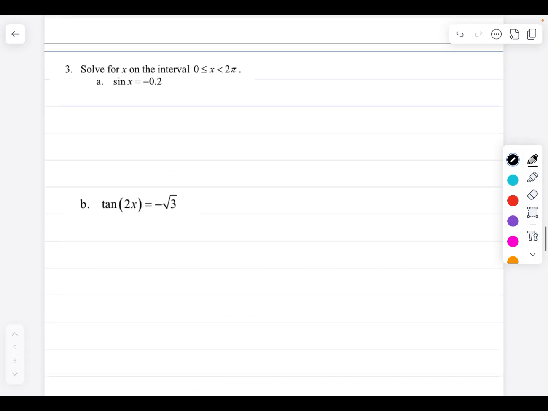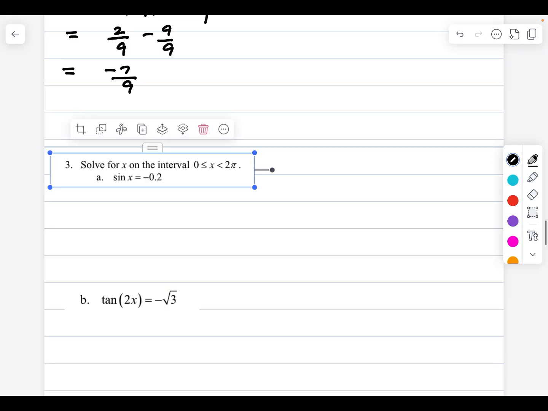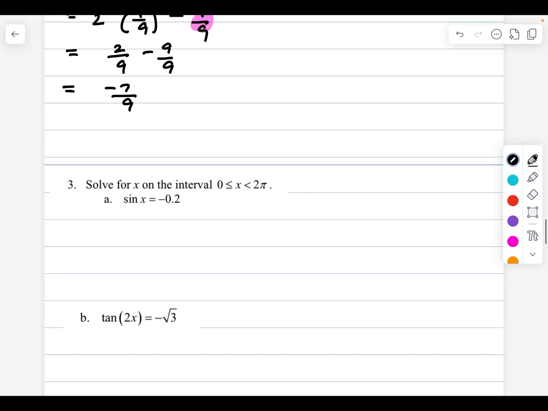All right, solve on the interval from 0 to 2 pi. So sine of x equals negative 0.2. Now, there's 2 points in each circle that have a y value of negative 0.2. There's one right here, and there's one right there. Now, I'm not familiar with these angles, meaning they're not a multiple of pi over 4 or pi over 6. But if I take the arc sine of both sides of this equation, I get the arc sine